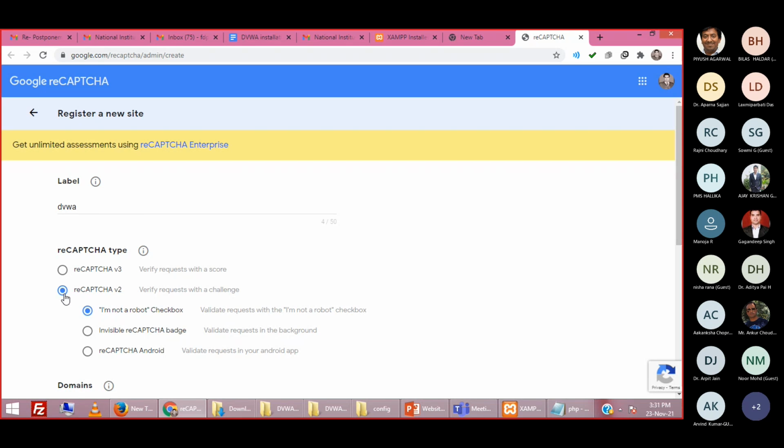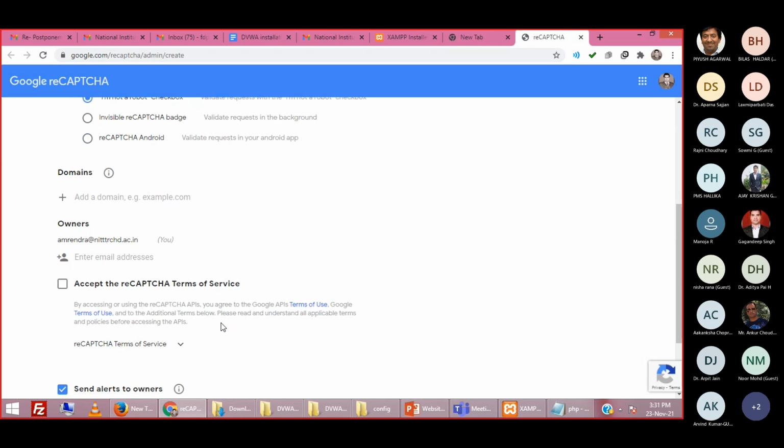Once you select version 2, I am not a robot. You have to write the domain here. In domain, you can write localhost. Then you have to accept the terms and conditions and submit this form.